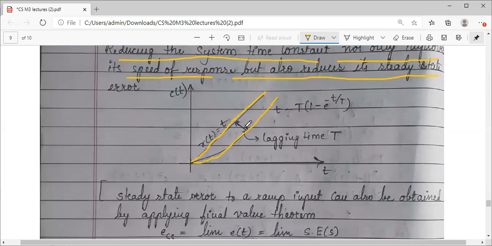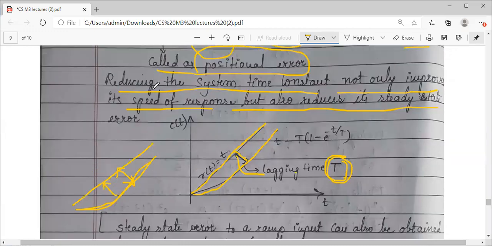ओके, और इन दोनों के बीच का डिफरेंस क्या है, टाइम कांस्टेंट है. एरर आपका रैंप ऐसे है, आउटपुट ऐसे आया है. So there is a difference here. We call this as lagging time, that is capital T. जितना ये टाइम कम रहेगा उतना एरर कम होगा. You know, ये जो कर्व क्या है, it will try to reach this. So this time, however, as small as possible, the time, it depends.